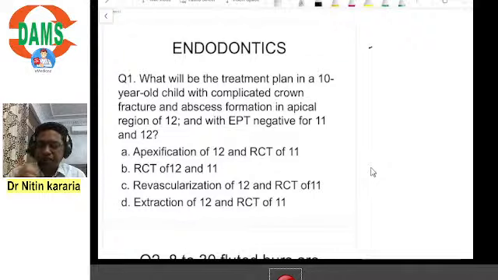Question number 1, which is displayed on your screens, is: what will be the treatment plan in a 10-year-old child with complicated crown fracture and abscess formation in the apical region of 1-2, and with EPT negative for 1-1? Okay, the question is asking about